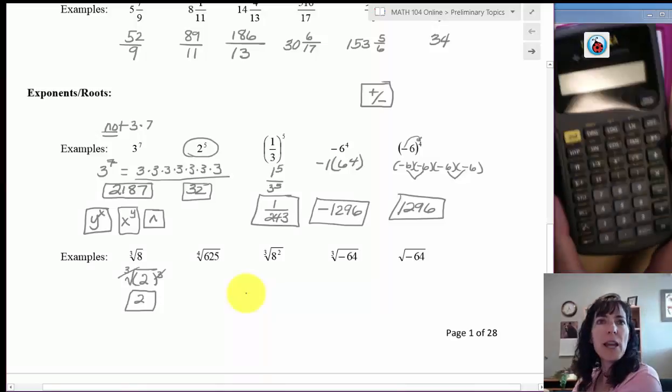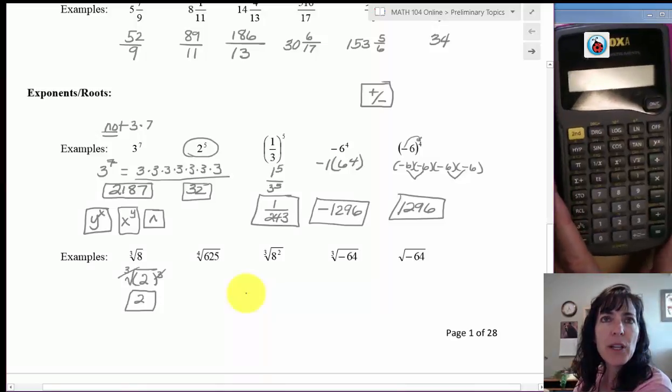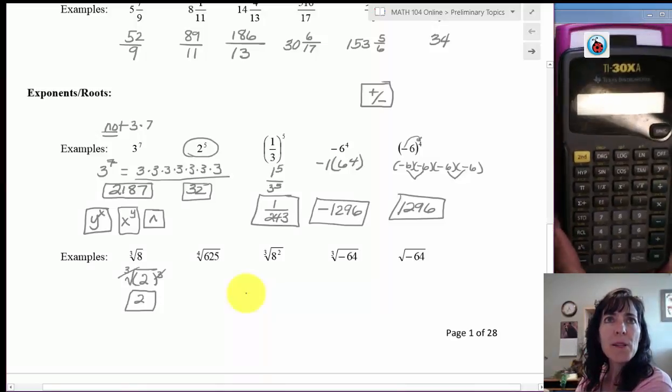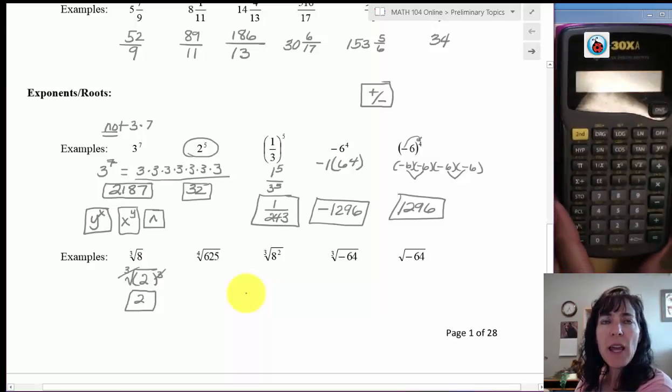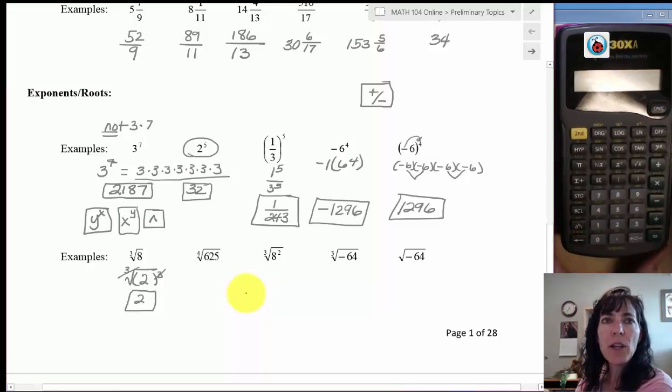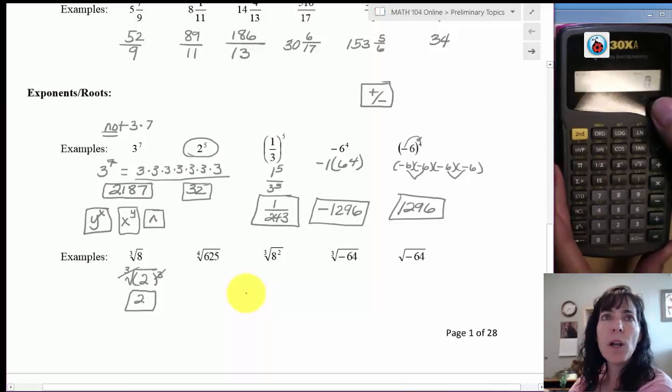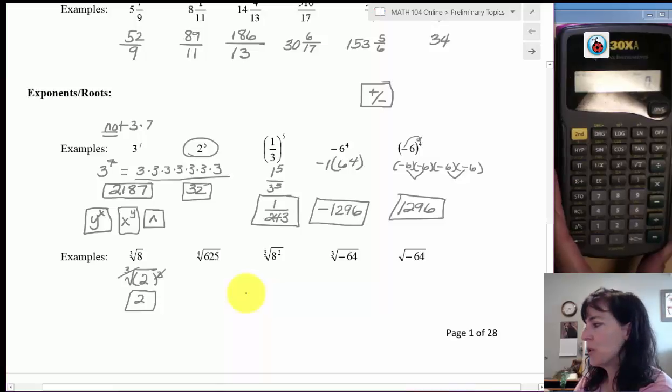I like this calculator a lot because it's really inexpensive. It's the TI-30XA, but the only problem with this calculator is that everything's backwards and you can't see what you're typing in as you do it. So if I'm going to do